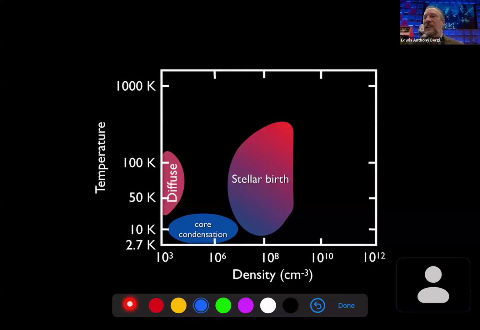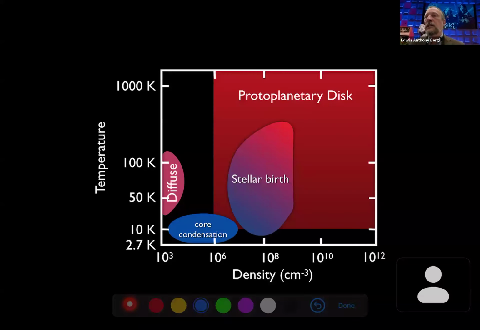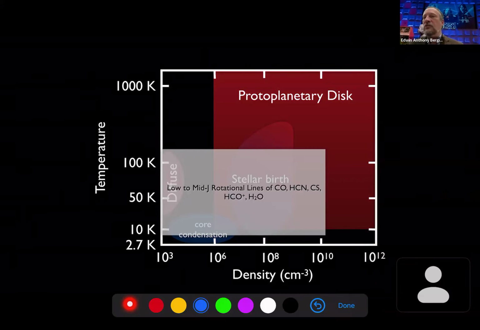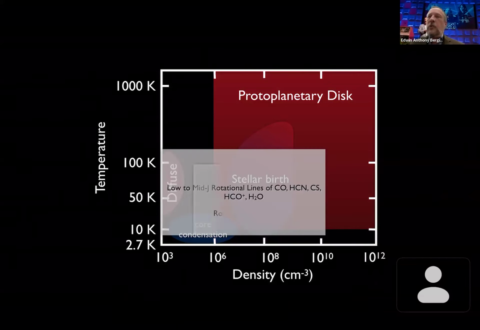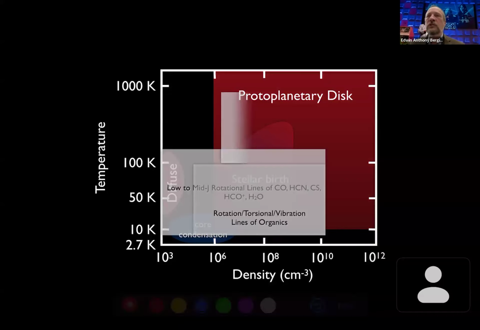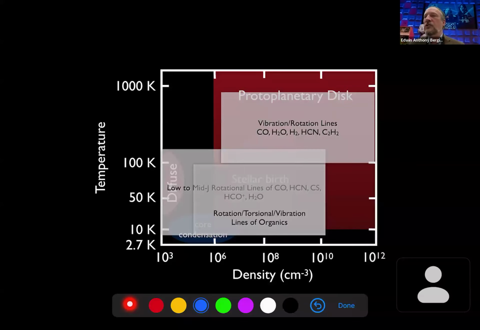Stars are born, things get denser and hotter. And then I go on to a planet-forming disk where you get a whole range of densities and temperatures, depending upon where you are with respect to the star. And if I look at that, this is where I would apply lower rotational states of a variety of molecules. This is a regime where I could look at all kinds of organics, which also can have vibrations, and I'm not going to get into torsional motions. Vibration and rotation lines,